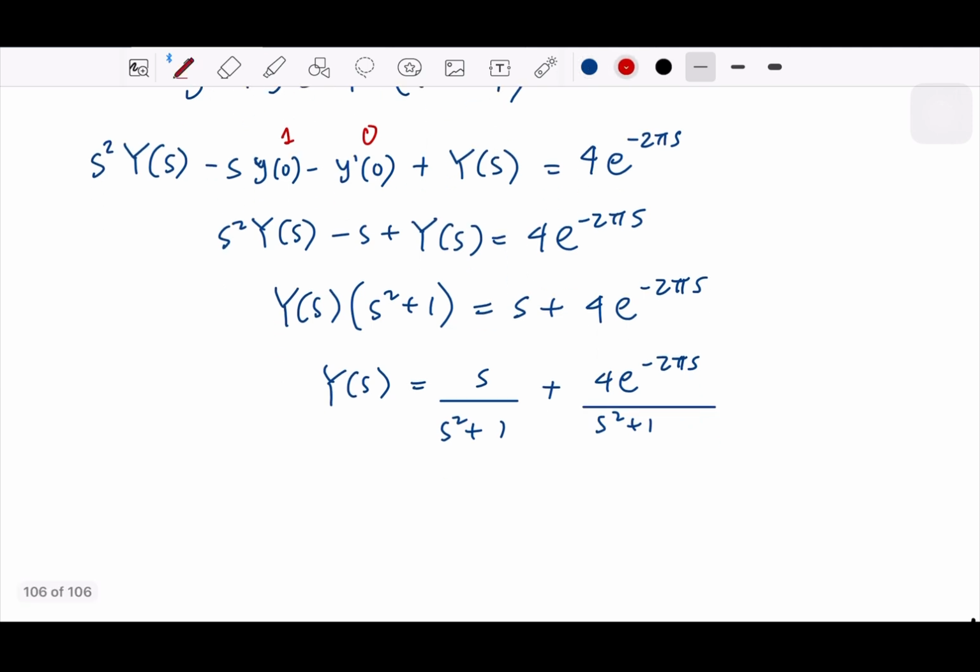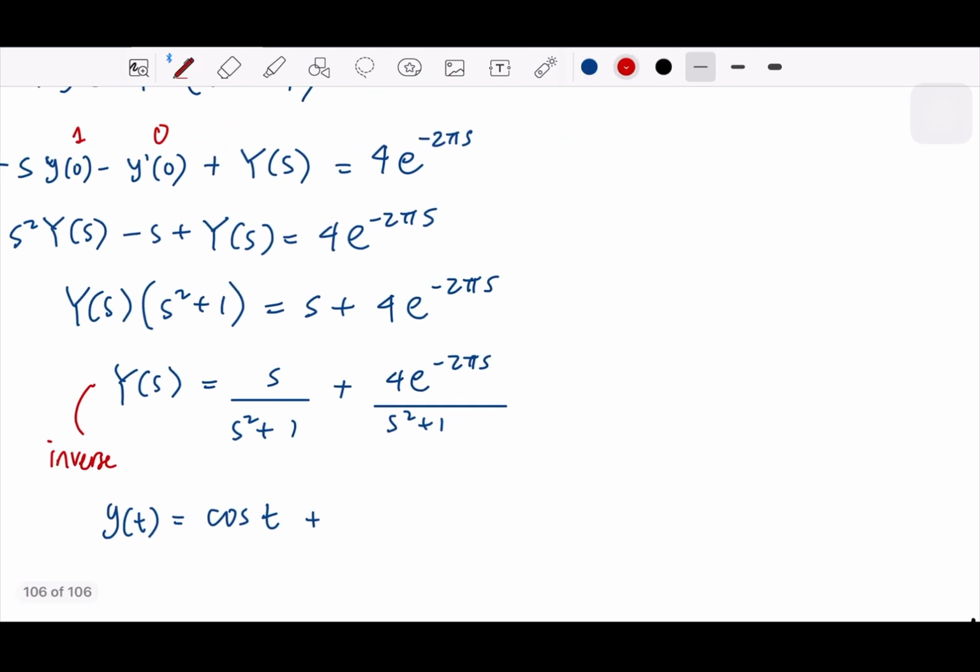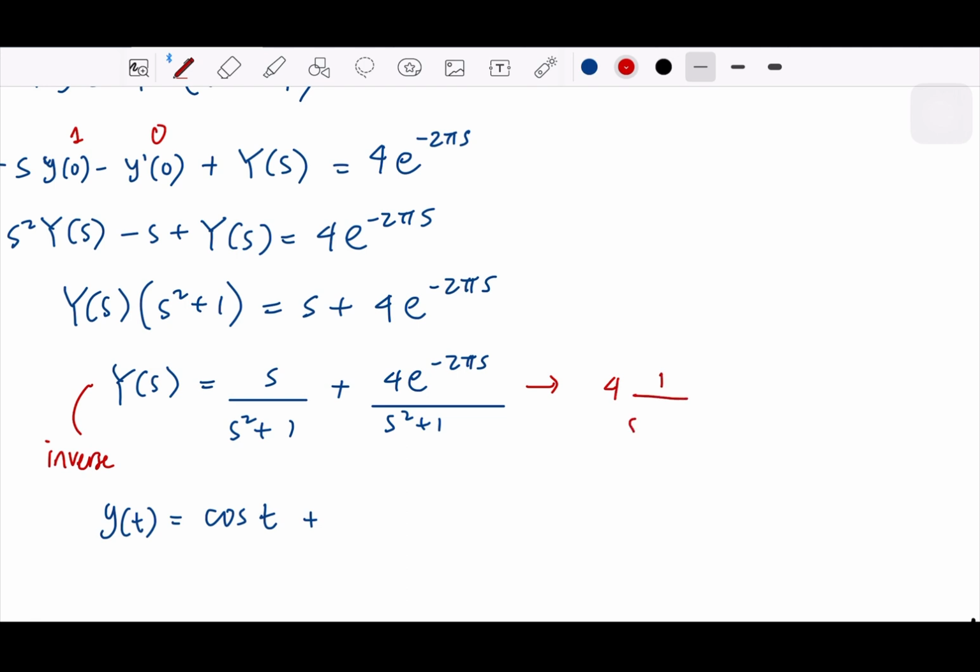Okay, and then we take the inverse and get y(t). So this will be cosine. And this part, let me write here. So 4, and then you have 1 over s squared plus 1, and you have e to the negative 2 pi s. Okay. So this is good. This could be sine, right? This is sine, and you have the unit step function, and then you have e to the minus a, where a is 2 pi. So this is going to be sine(t minus 2 pi) times the unit step function at t minus 2 pi. Okay. So let's write 4 sine